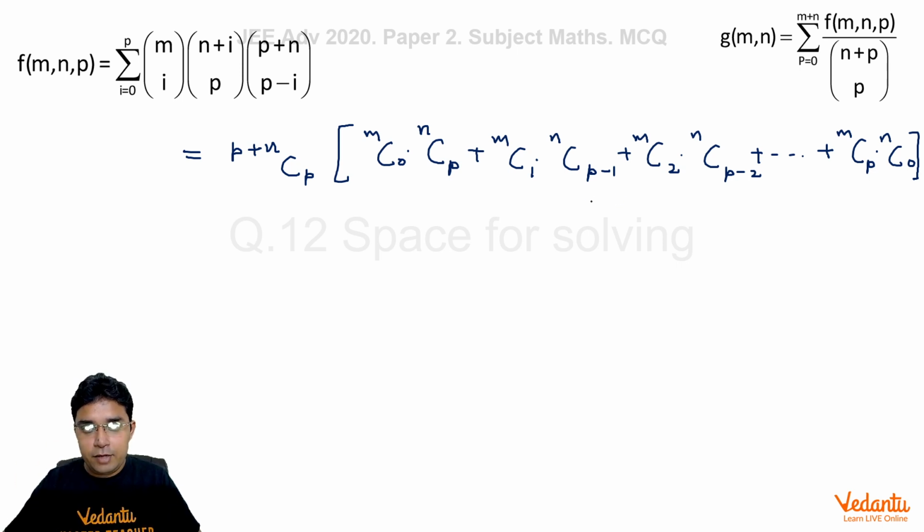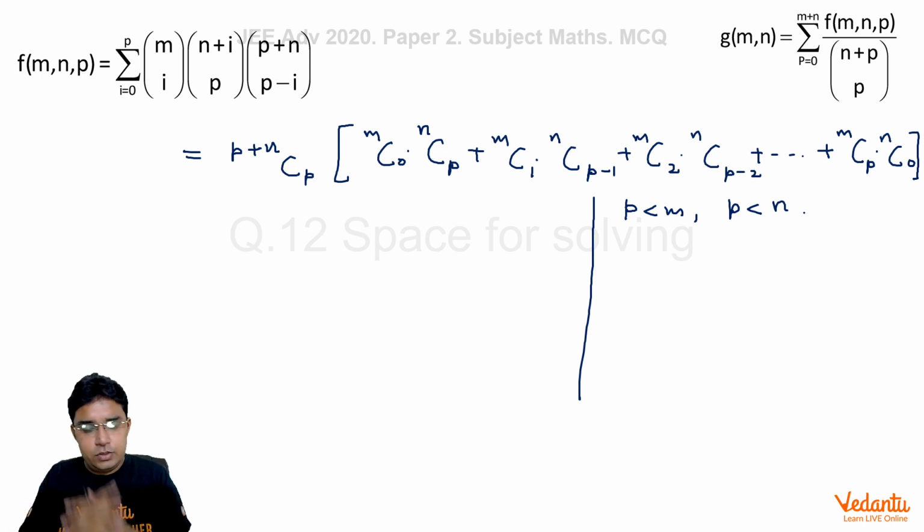Please listen carefully. First of all, I am assuming my p is less than m and p is less than n also, so that there is no special case. So let us talk about this only. Now, mC0 into nCp, what I am doing now, I am assuming that we have m girls